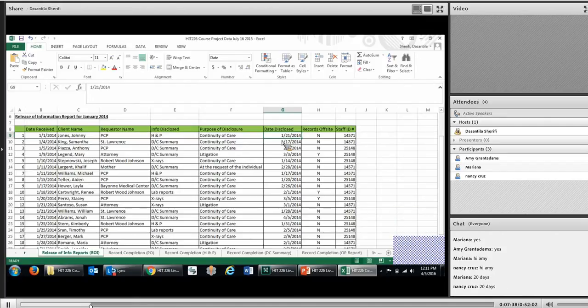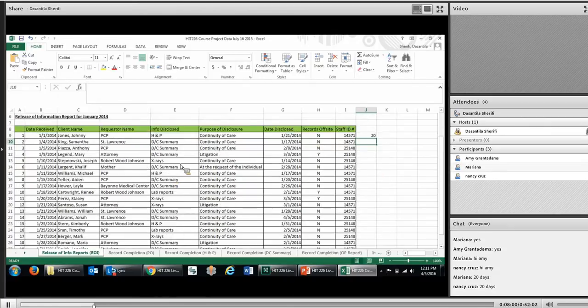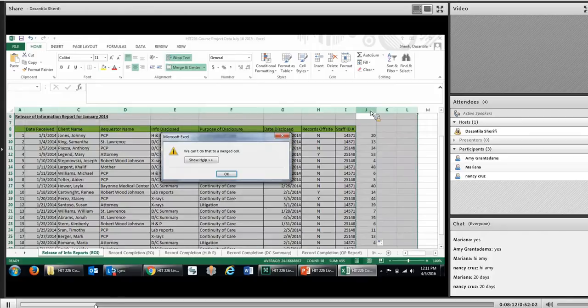Now, in order to automate this, you can just insert those formulas. So how did we do this type of calculation? We used the date when it was disclosed, and then we subtracted the date when it was received, right? So rather than doing this by hand and counting on your fingers, all you do really is do the formula for one of these, and then you just drag it all the way down, and that's it. Okay, so now you have